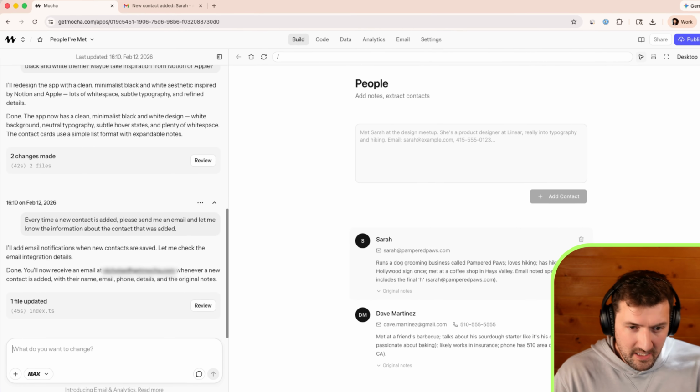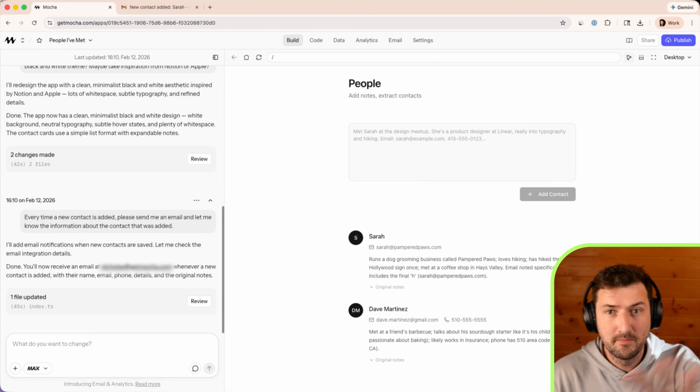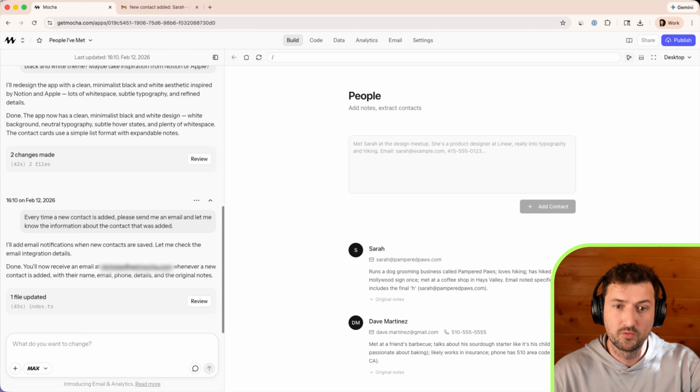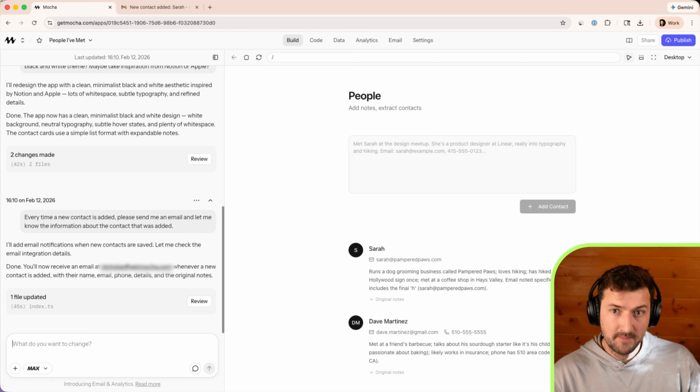Okay, so we just sent an email, but this is all in dev, right? I'm in Mocha. This is my sandbox. It was kind of like using a mail.app address. What we want to do now is publish this to a real domain, a real website, and then send